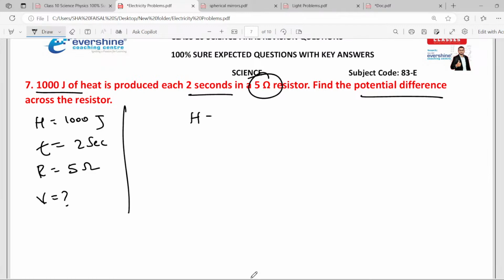So we know the formula. H is equal to P into T. Heat supplied, or energy. Remember? Heat produced in a resistor is nothing but H. Remember, E is equal to P into T we wrote, no? Here E is nothing but energy, which energy? Heat energy, H. We can use H in place of E also. H is equal to P into T. Any doubts? They are asking for potential difference here. But in this formula,